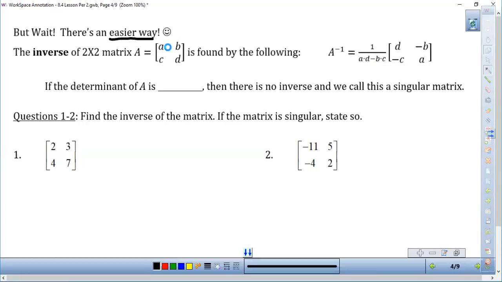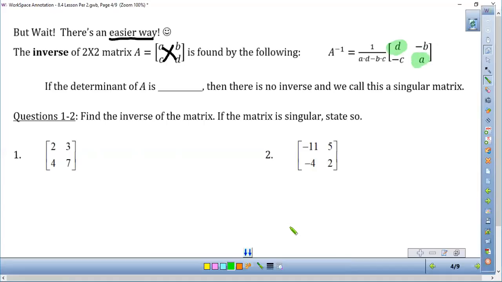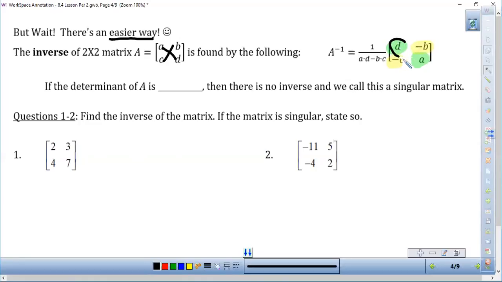So what we're doing here is multiplying the two elements that are diagonal, so A times D minus B times C, and we're going to multiply that out in front of this version of the original matrix where the A and the D have switched places, and the B and the C now have a negative sign in front. So this is a little formula that we could memorize. An easy way to remember what's going on here,